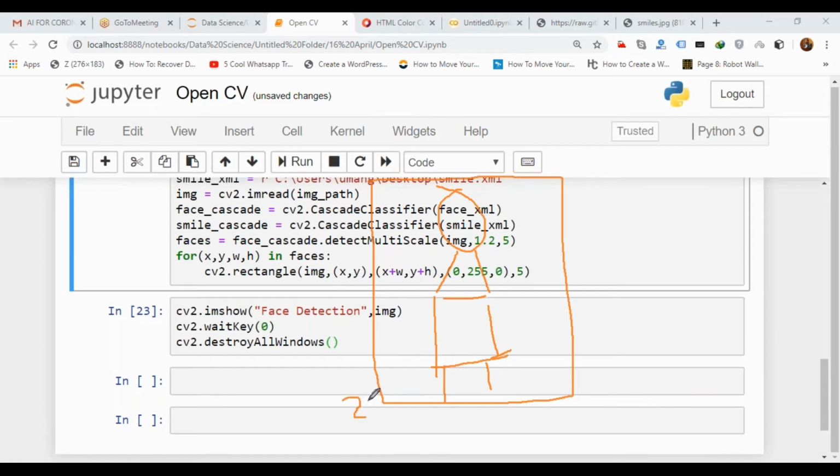Suppose this is 200, here 500, and here 300. Similarly here 300, here 400, and here 500. Just suppose. ROI means to cut out the part of interest. I want this part only, so I'll simply pass the coordinates of this part and take it out. That is called ROI, basically.